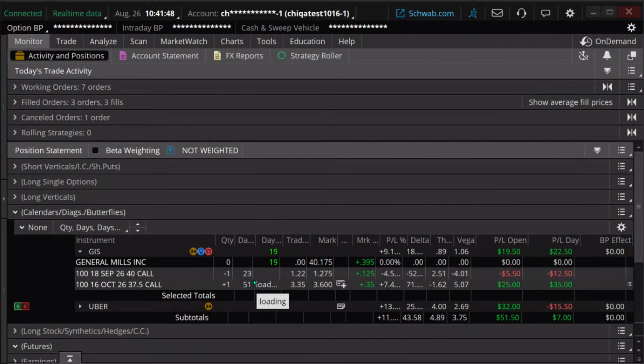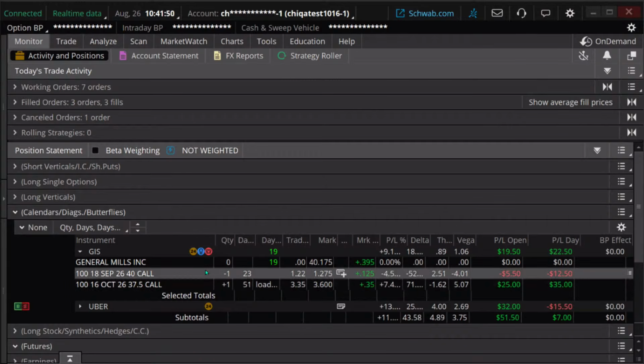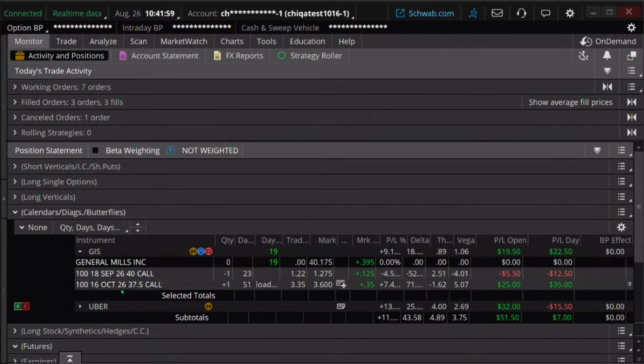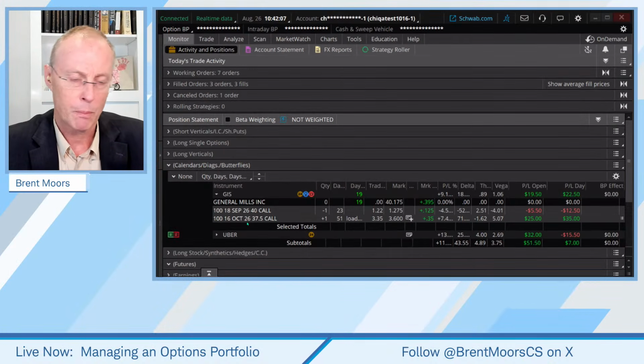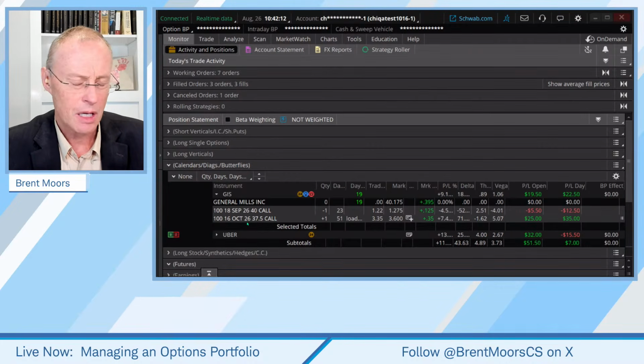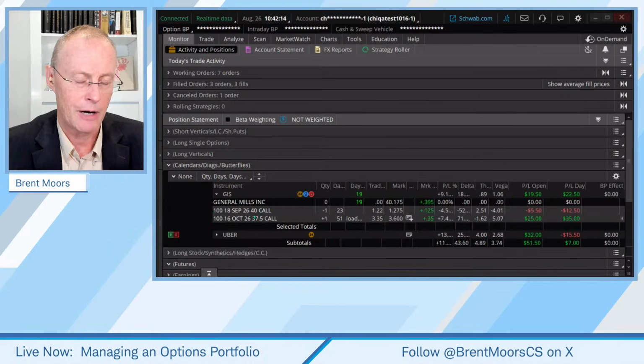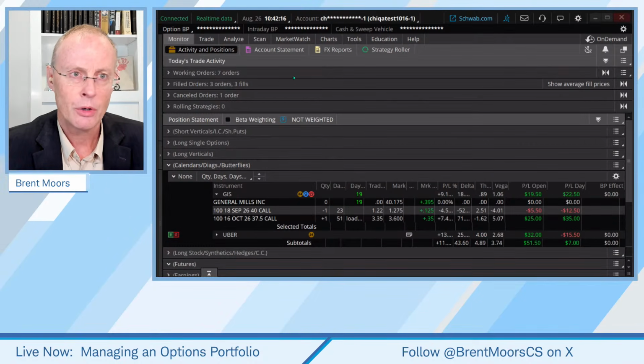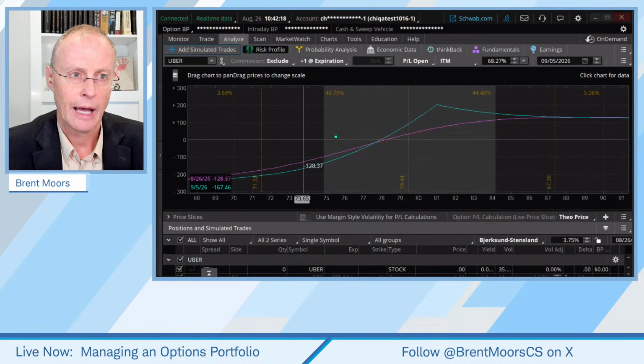But things are going okay. If it's a bullish trade, it's a long call diagonal, which is a bullish trade. If you are trying to manage these trades that get a little bit more on the complex end of things, that you don't just, maybe long call, I want it to go up, or short call vertical, I want it to go down. Maybe you get a little confused on diagonal spreads or butterflies or something like this. You can always go to the Analyze tab and you can look at it.